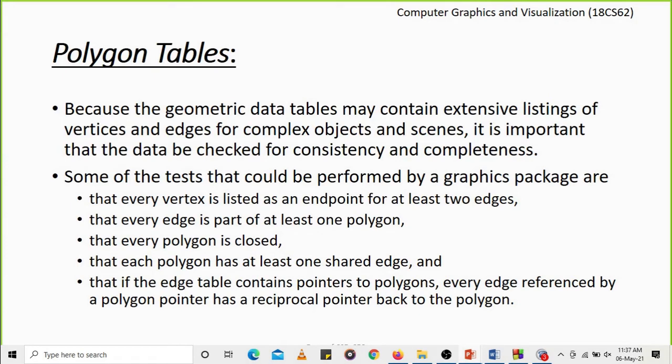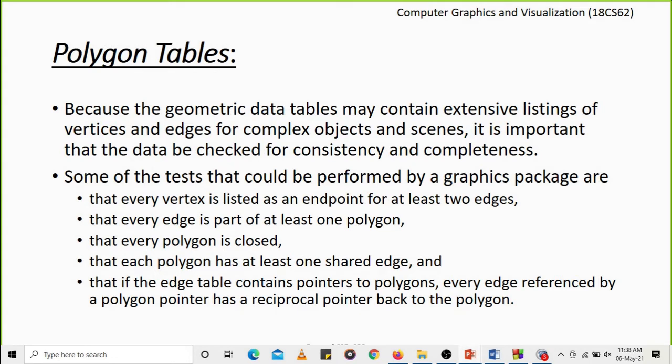Now, because the geometric data tables may contain an extensive listing of the vertices and the edges for complex objects and scenes, it is important that the data be checked for consistency and completeness. We need to ensure the consistency and completeness of the data represented in the geometric data tables. Now, we can perform a bunch of tests.